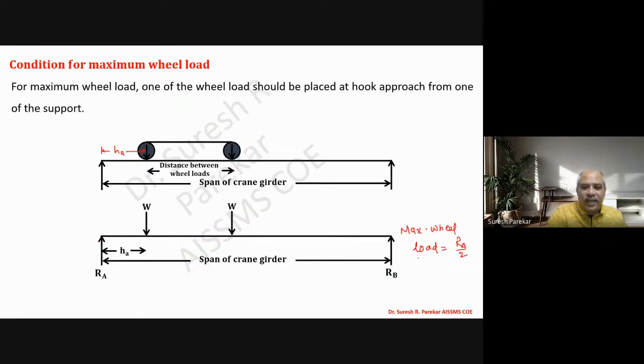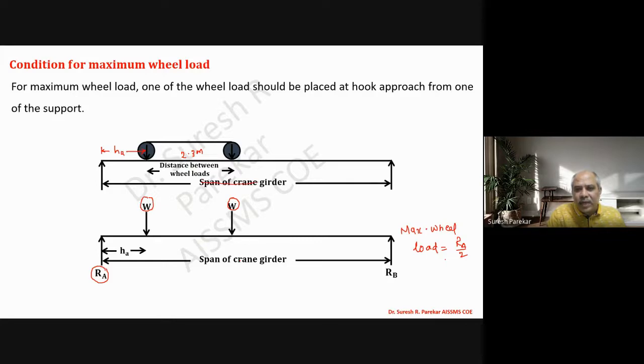And in the same way, here also you put the span of gantry girder. You put this value of W, that is wheel load, and from this you calculate RA, and from this RA you also calculate maximum wheel load. So these values you have to put over here, whatever you got in your problem. Do not put it as it is whatever I have. Distance between wheel loads means whatever you have, 2.3, 2.4, 3 meters, put that as the distance between wheel loads. Whatever is written, remove it.